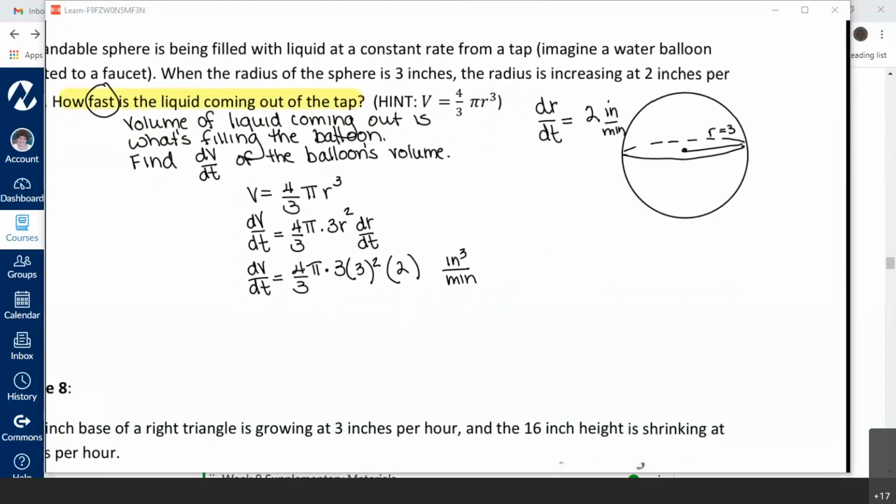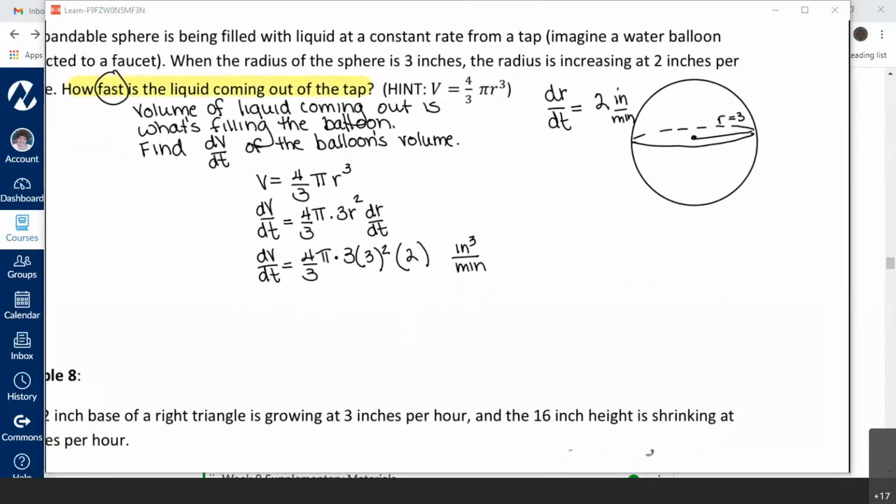Okay, everybody all right with that much? So then the rest is just plug it into a calculator, right? 4/3 pi times 3 times 3 squared times 2, just plug it in. Again, if I bring up my TI and I share that with you,